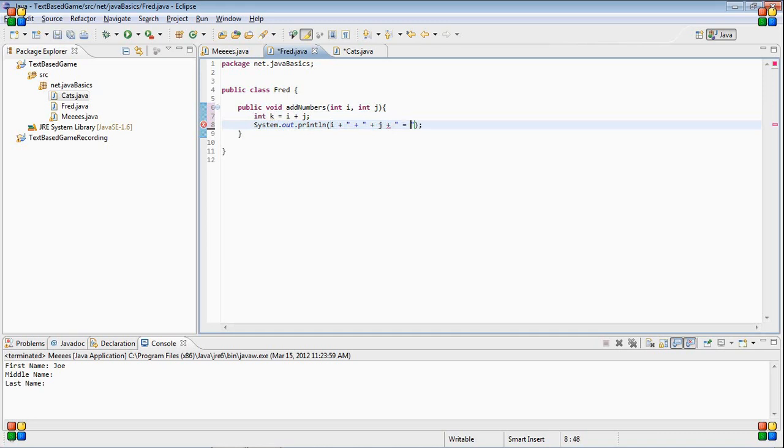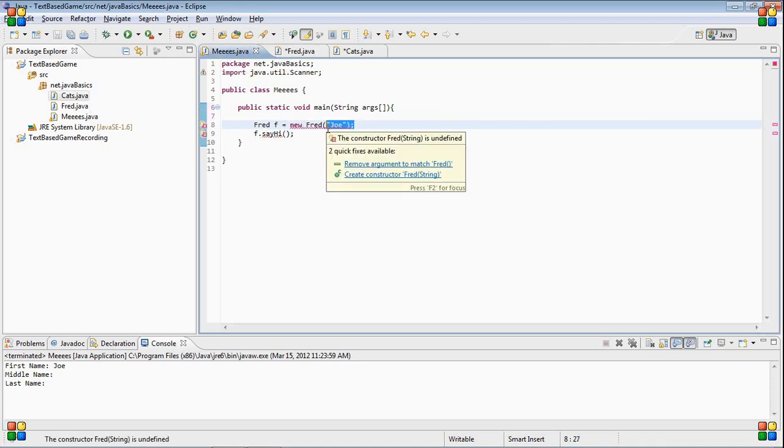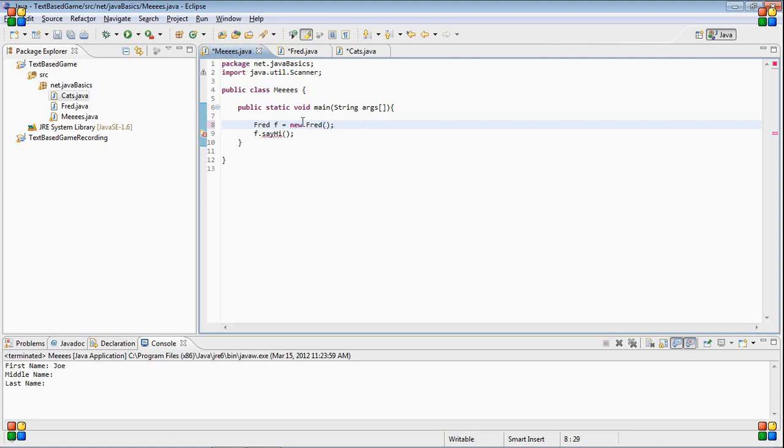So I'm just putting some spaces in here. Okay. And I need another plus. Okay, so now we have our Fred over here equals new Fred, and then f dot add numbers